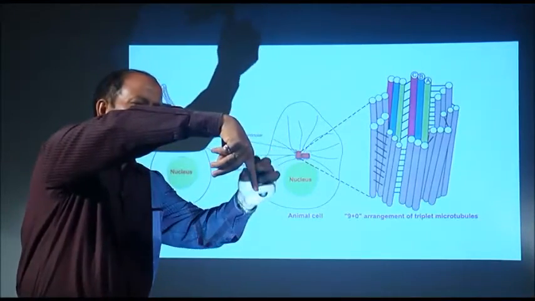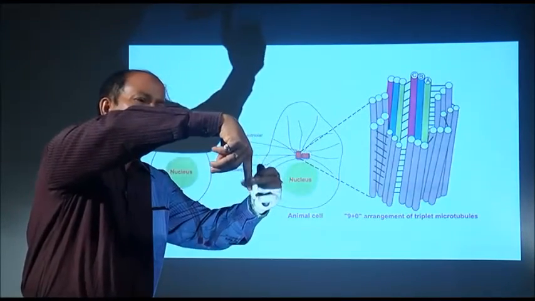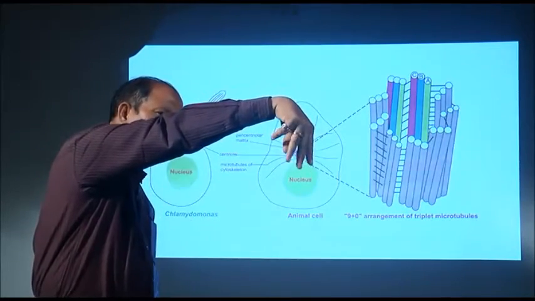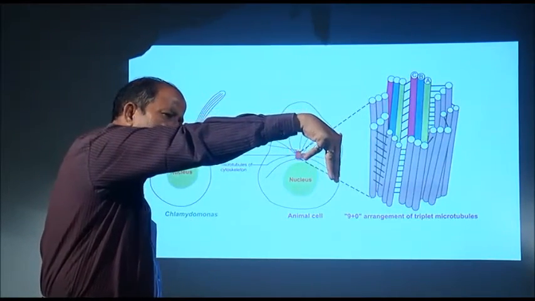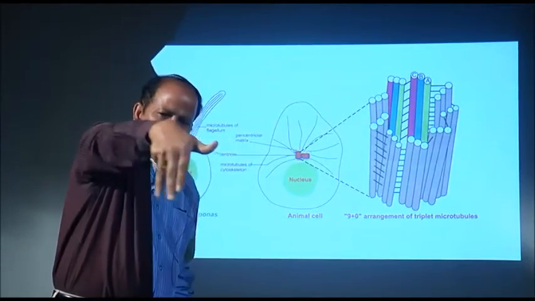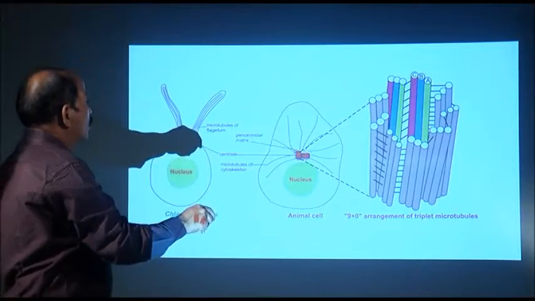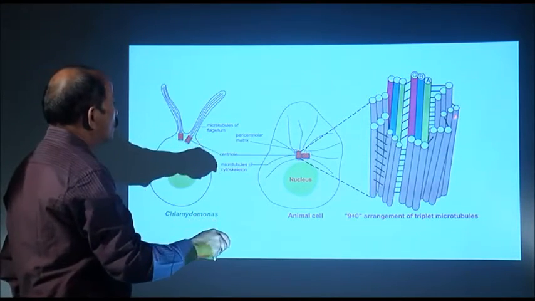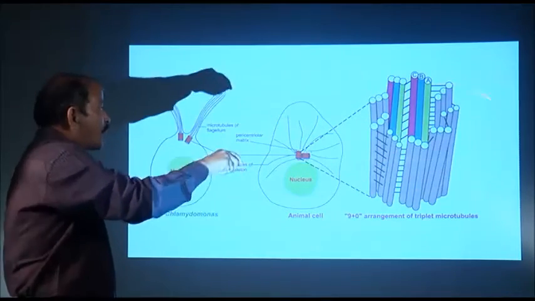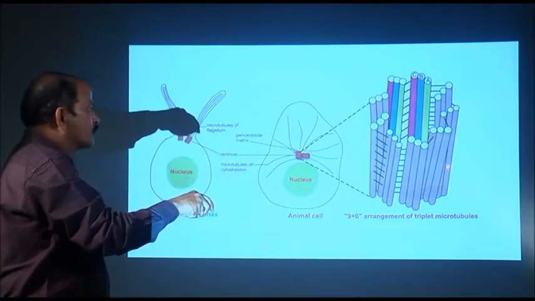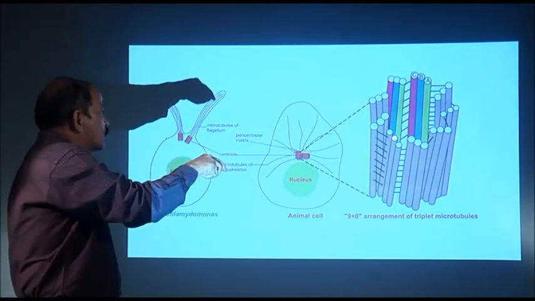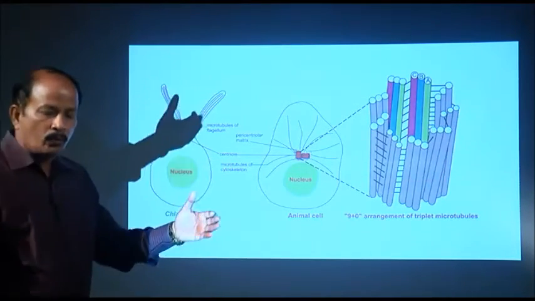This is one microtubule. I said one microtubule has 13 protofilaments, we have read that, but it is a complete microtubule. Then likewise 3 microtubules in this fashion, another 3, likewise 9. You can see 1, 2, 3, 4, 5, 6, 7, 8, 9. 9 peripheral triplets, they are linked to each other to form a cartwheel like structure, and towards the center they are also attached to the protein.